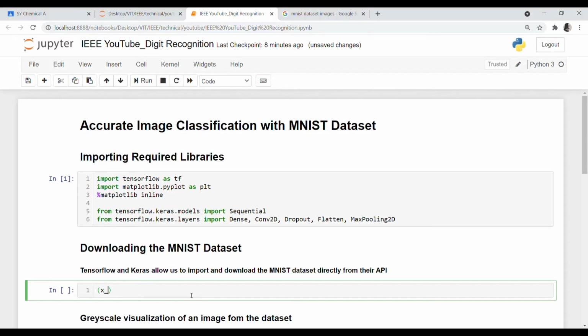Let's declare the variables in a very conventional manner: xtrain, ytrain, and we need xtest, ytest.